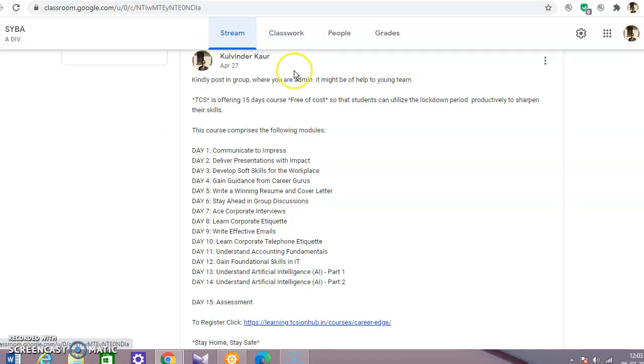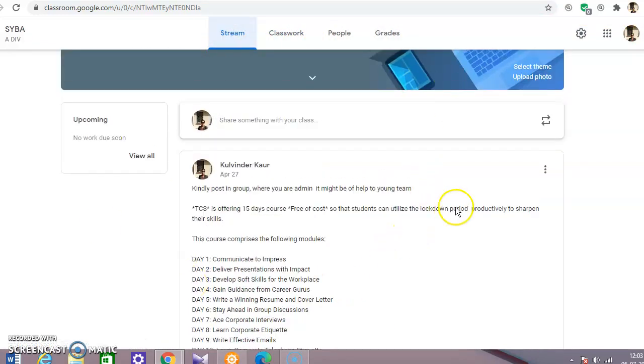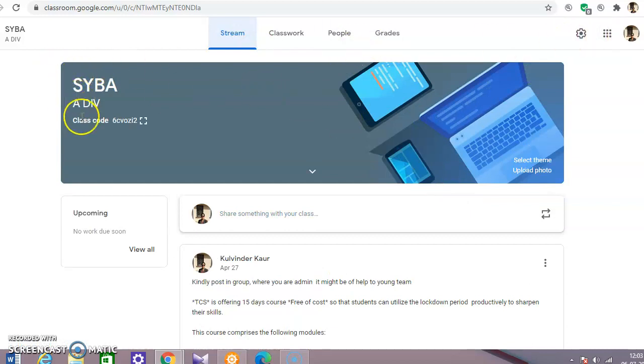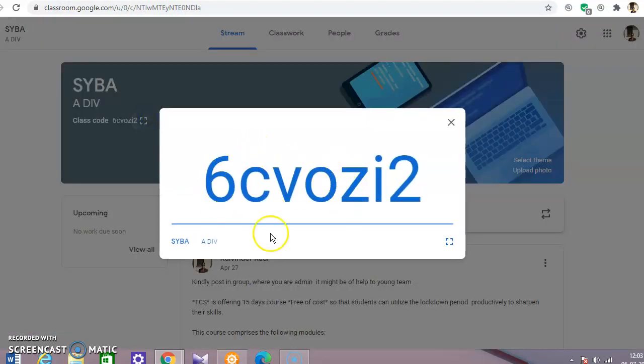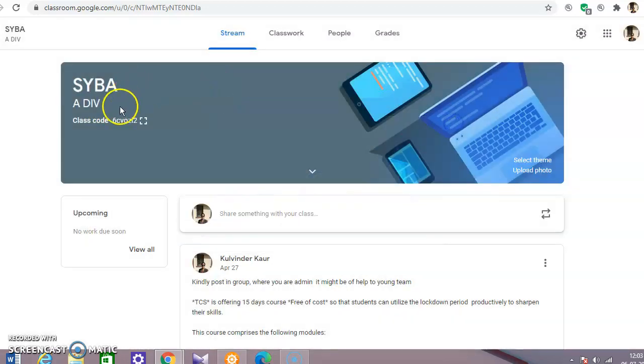So friends, do make your Google Classroom, do make your different classes. You can have a number of classes in one of your accounts. So in one Google Classroom account, you can have different rooms, and every classroom will reflect a separate code because your name is different, division is different. So every classroom will have a separate code. So you can organize your work everywhere. Your students would be different, and that is how the classroom works.